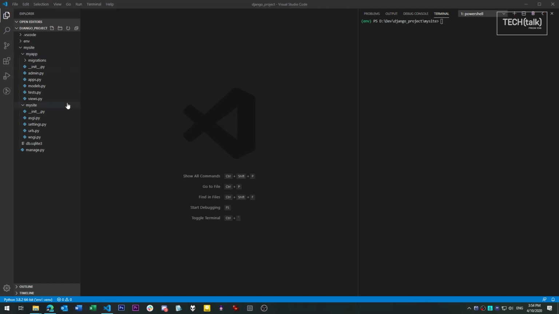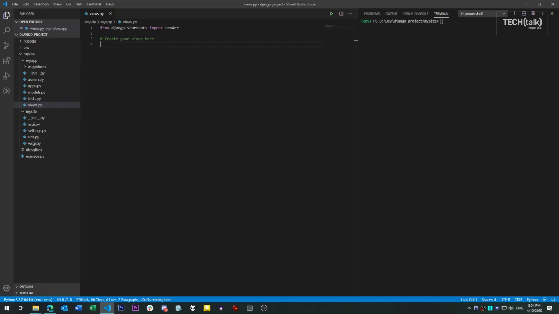Now, we can start customizing the app we've created. First, we're going to create a simple view and URL pattern. A view is a function that returns output to the browser interacting with the site. Views for an application are stored in the views.py file inside that application's folder. We're not going to do anything too fancy at first. We just want to say hello world when someone comes to the root of our application.